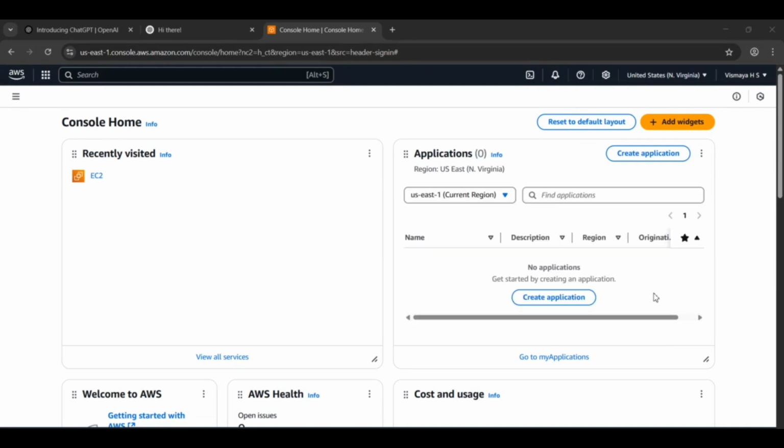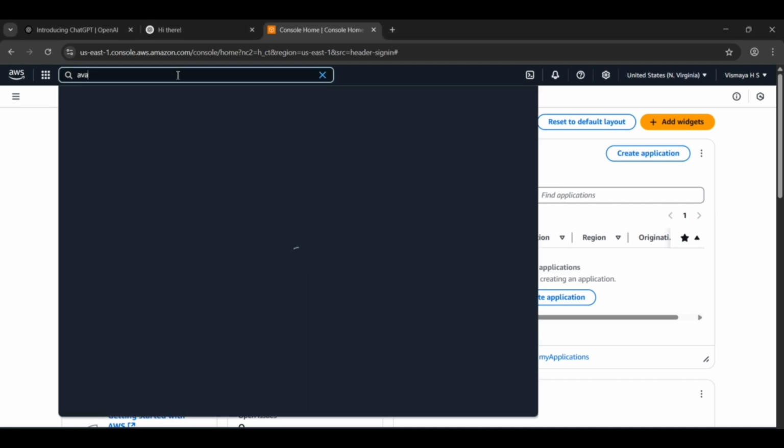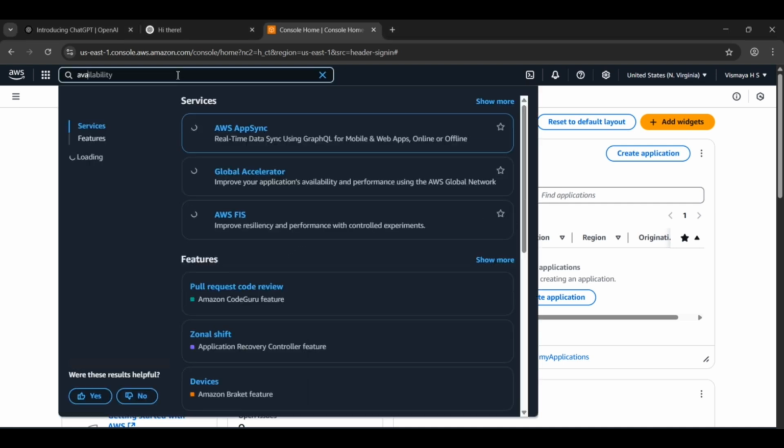Yes, guys. Once you have opened or signed in to your account, this is the window you are going to see. This is the console home of AWS. And as I said, there are availability zones in AWS, right? So once you have typed in availability zones,